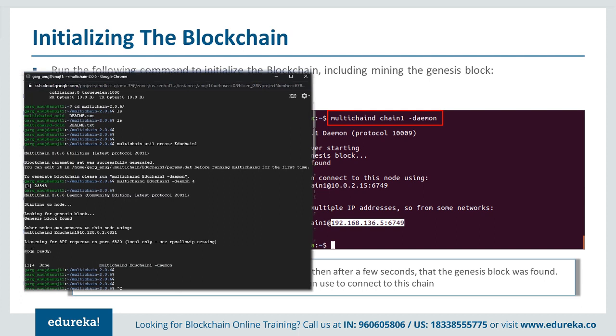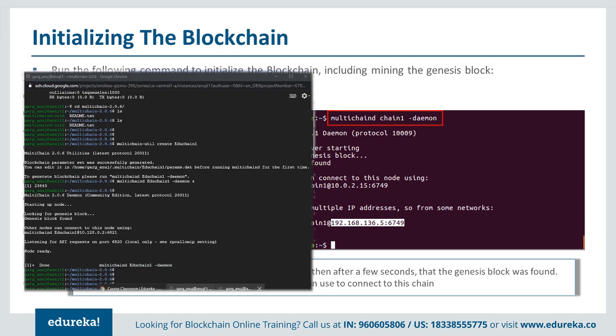So it will run the daemon and it is saying node ready. It will also give you the connection string that other peers can use to connect, which will have the IP address of this particular node as well as the port you need to connect with. Because each chain that you create, you can have multiple chains running in the system, so each chain will have a different port. What it is saying is that from other nodes, you can run this command to connect, but it is only giving you the IP address and the port number, which is not sufficient to actually connect.